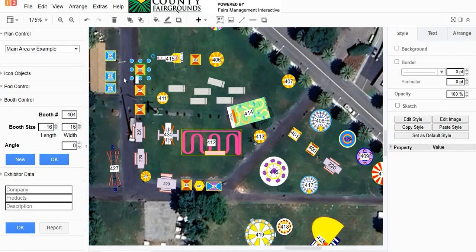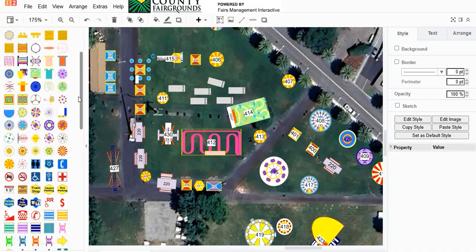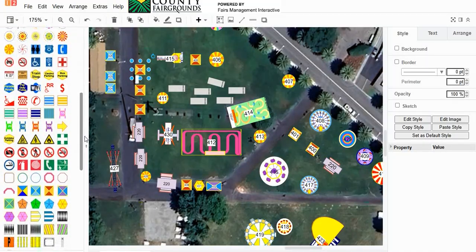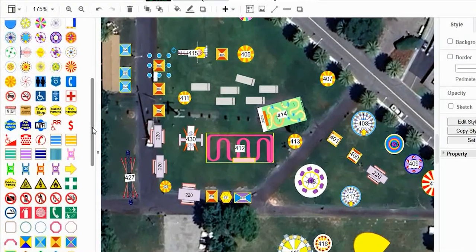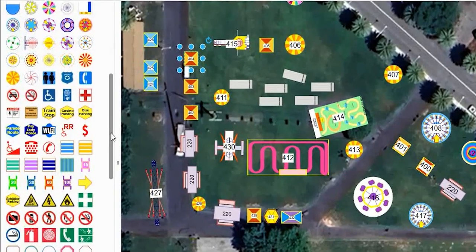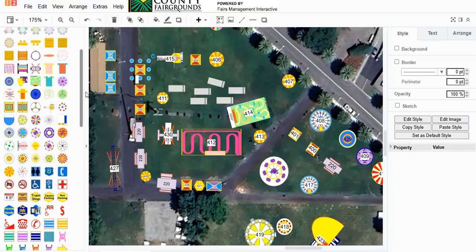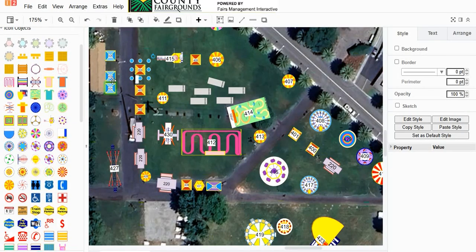Icons can be kiosks or tents, rides or booths, signs, symbols, tables and chairs, even bleachers and picnic tables, and more. But if you don't see what you need in the icon menu, let us know, and within 24 hours, your custom icon is up and ready to be used in the menu. These icon objects are placed with a simple drag and drop with your mouse,